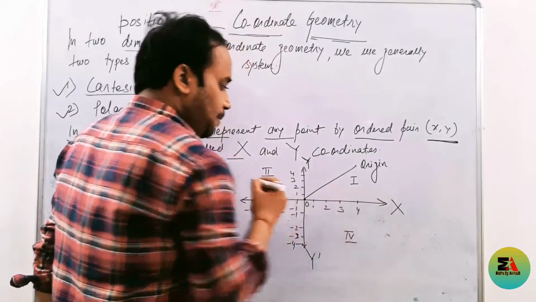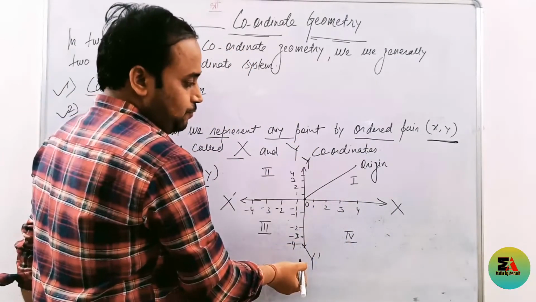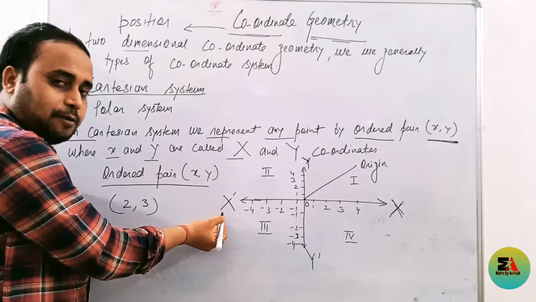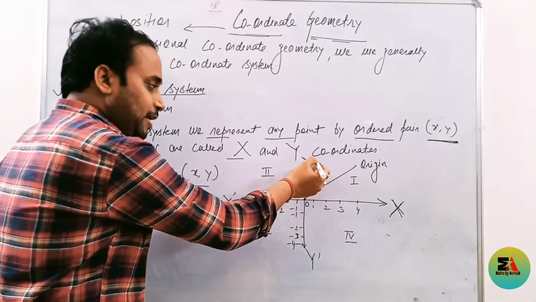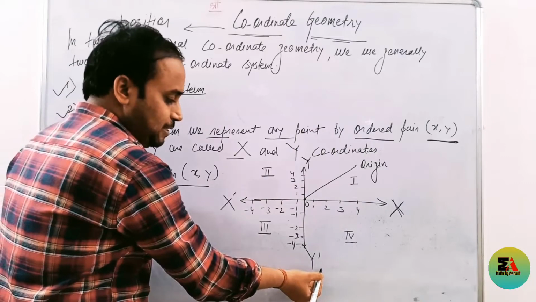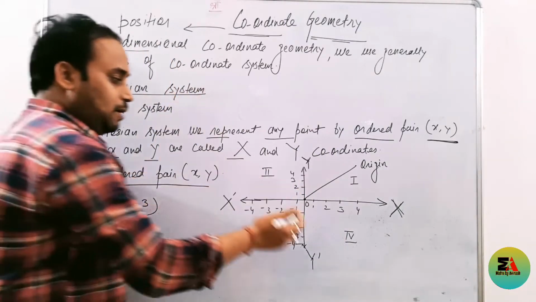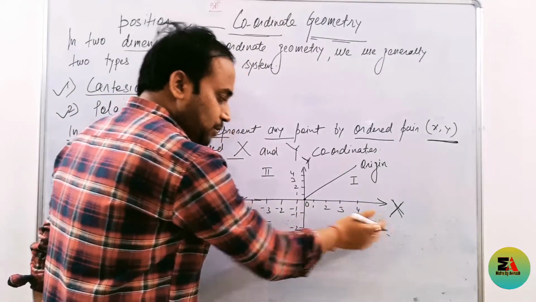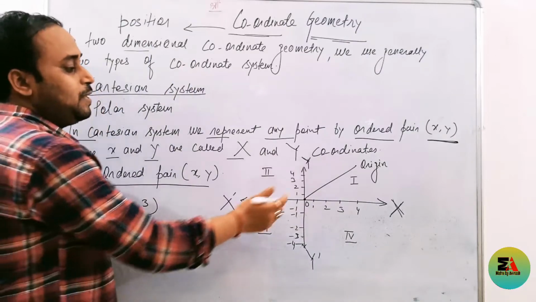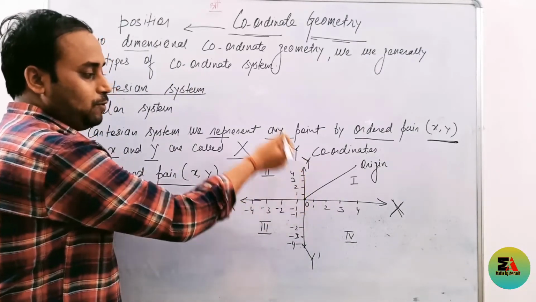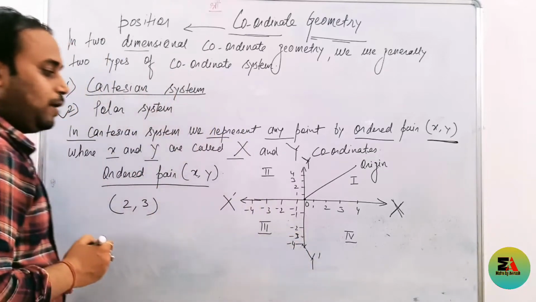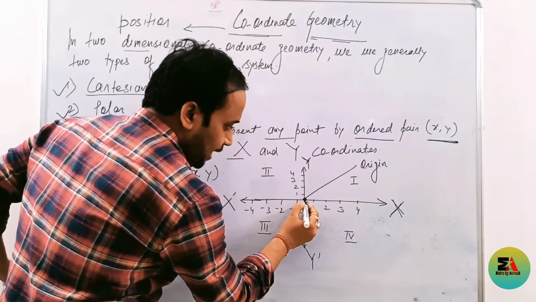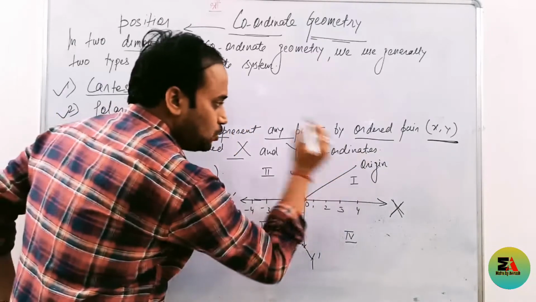This is our number line, as we know. This is our x-axis represented by x and this is the negative x-axis represented by x dash. Same as the positive y-axis represented by y and the negative y-axis represented by y dash, and we have to plot certain values. This is the right hand side, this is the left hand side. On the right hand side all values are positive, on the left hand side all values are negative. On the upper y-axis all values of y are positive and below all values of y are negative. Now see, the point where both x and y values are 0 is known as the origin.